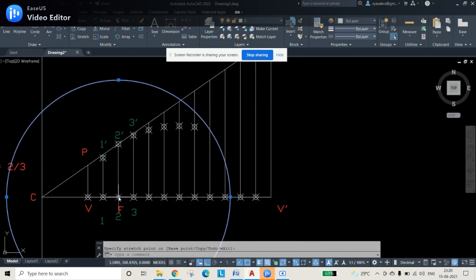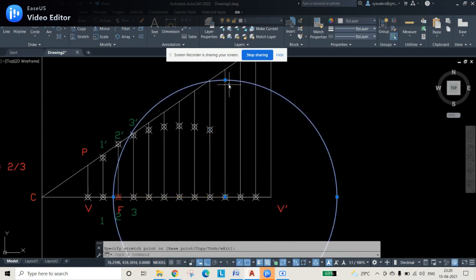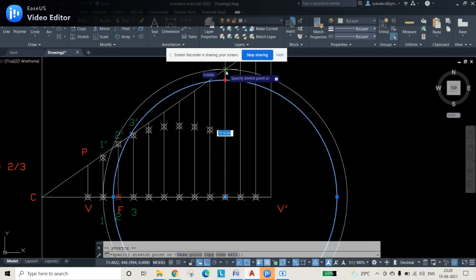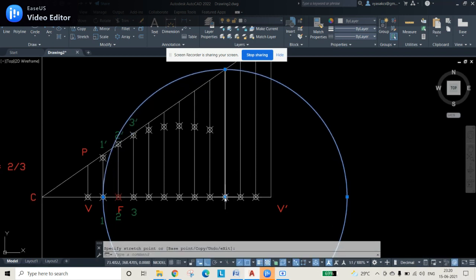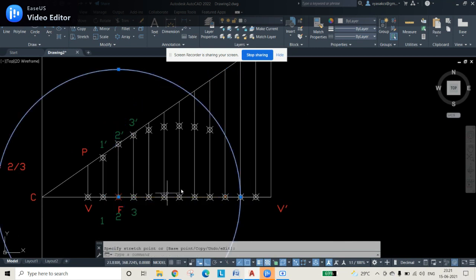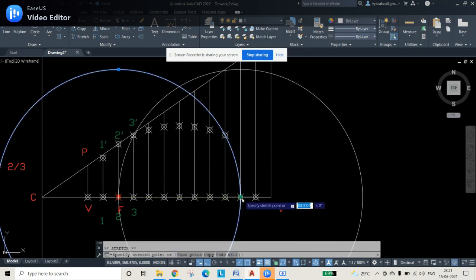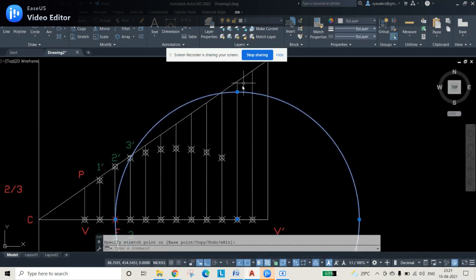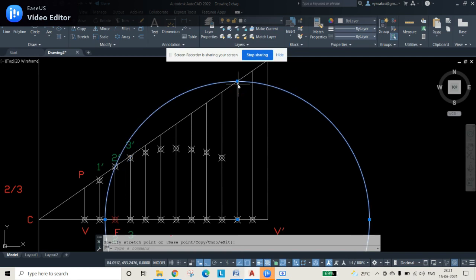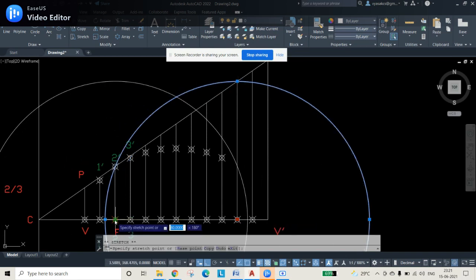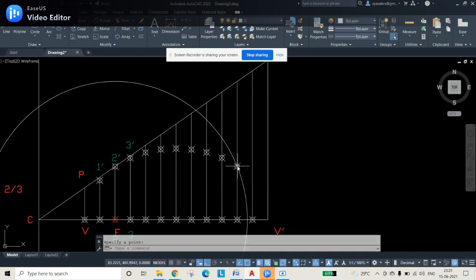Then I am using the center point shifting option, and then using the point symbol I am using this. In this way also you can do it, by not using the circle command again and again. If you are confused in this, there is a possibility of you losing it. For that sake I am asking you to draw this by using the circle command continuously, and if not, you can go and try this method. It's up to you. Whatever you do, it is not a problem. If you are not confused by this method, this is the easiest method of drawing it. So then this point is obtained.